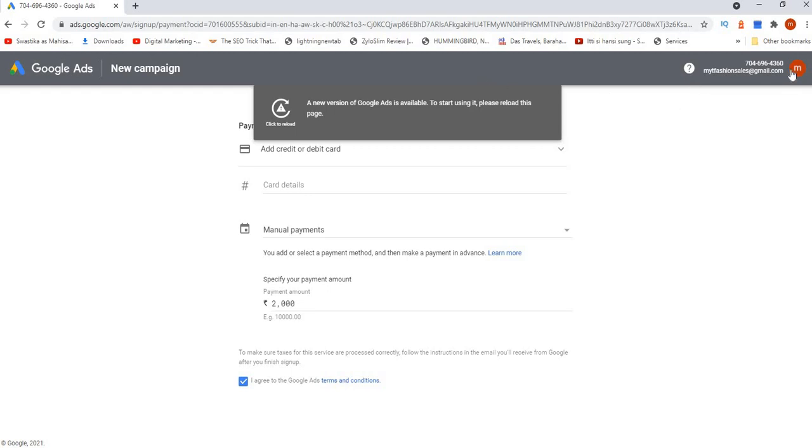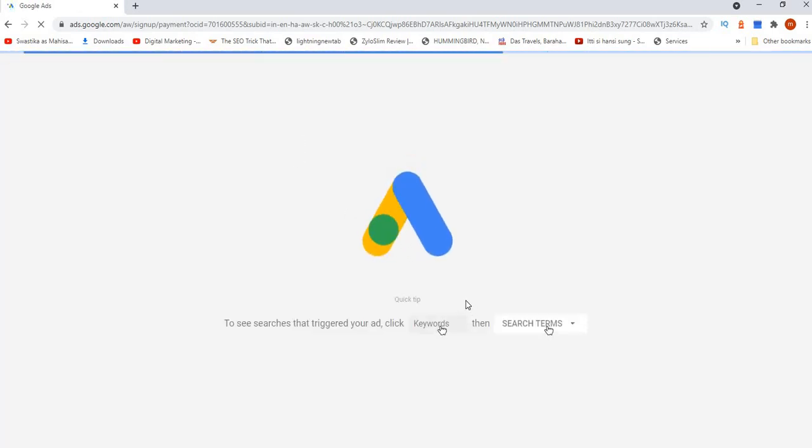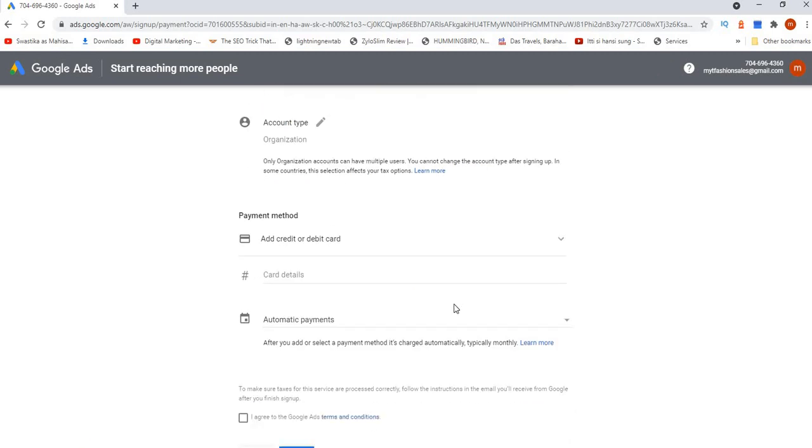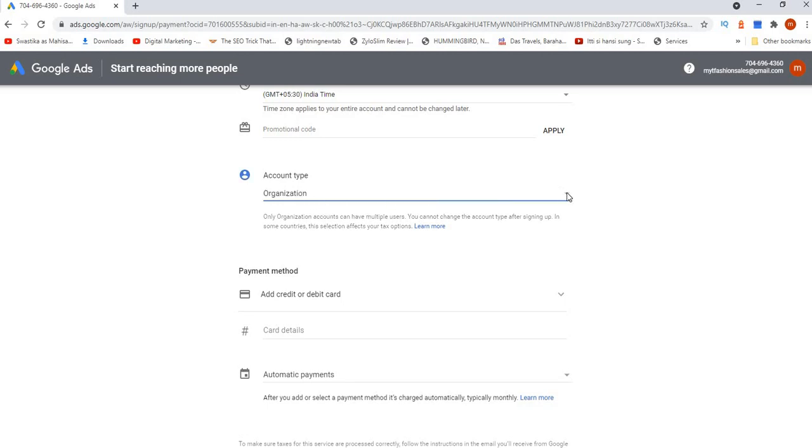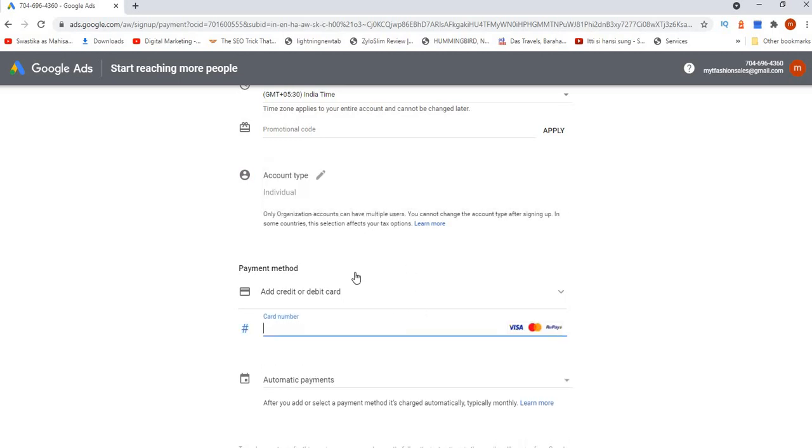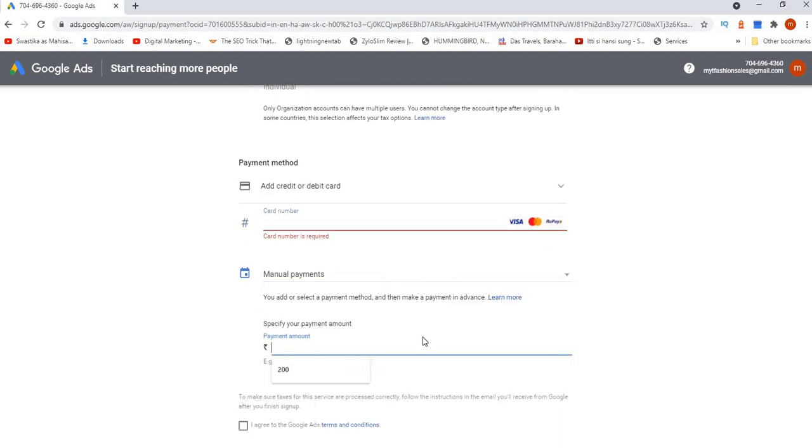Something is going wrong. Okay, the version of the entire page was actually okay. Apply. Account type is always individual. So for card number, instead of automatic payment, manual payment.